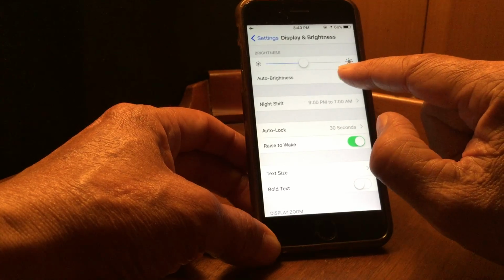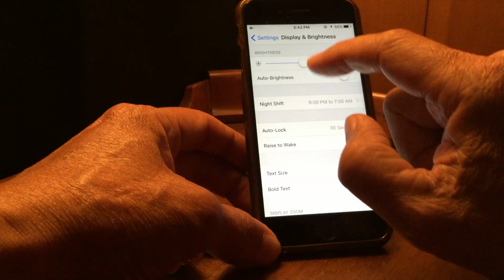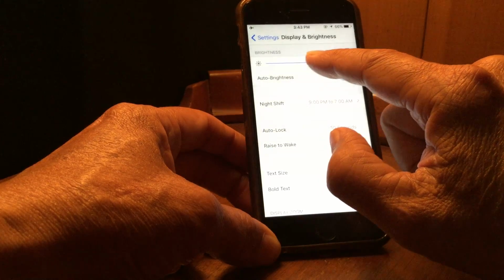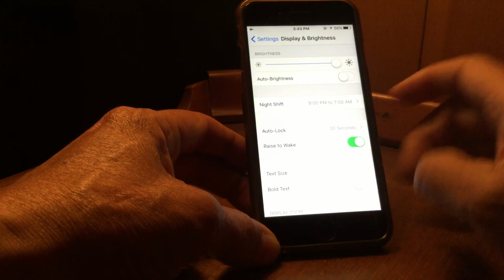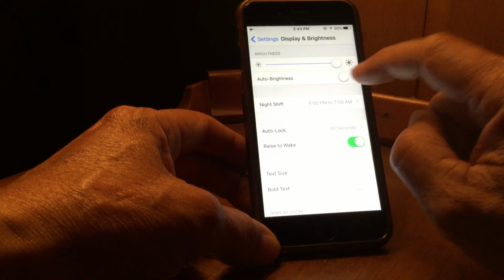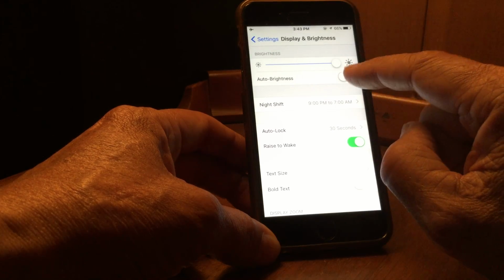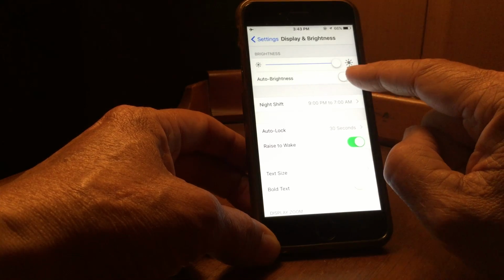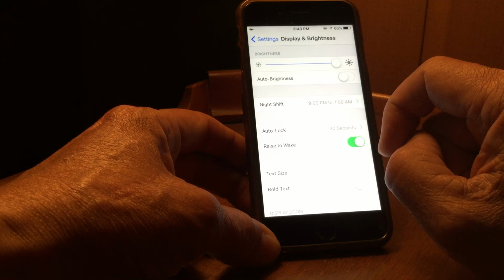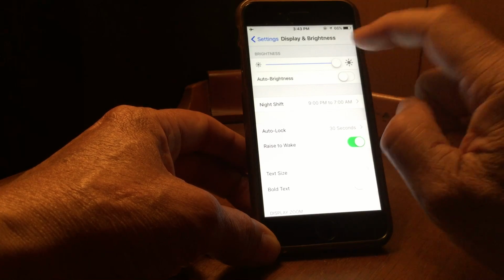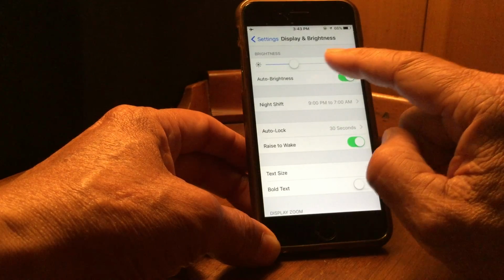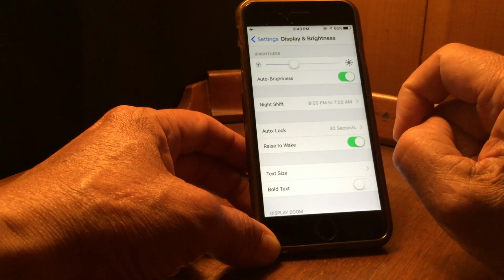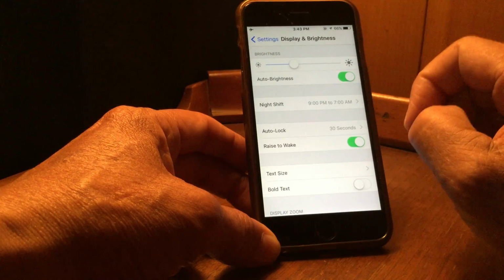If we turn this off, the auto brightness, what will happen is wherever we set it is where it's going to stay. So right now the auto brightness is off. I simply did that by tapping on the toggle here just below the slider. If I turn this on now, you'll see that it automatically slid back, and that's because we are indoors and